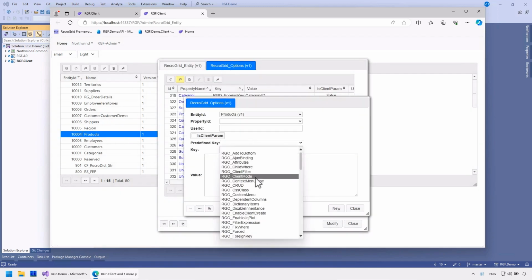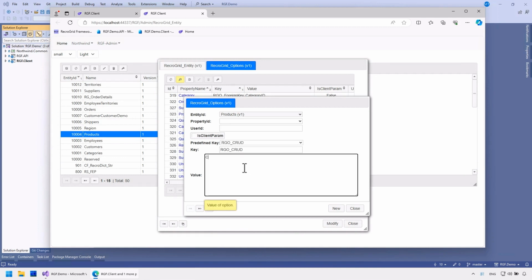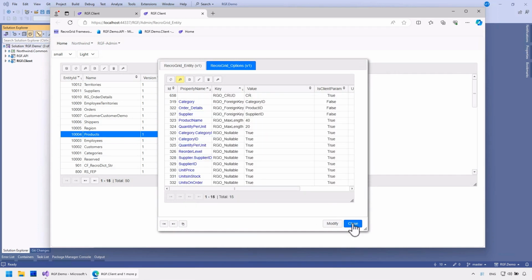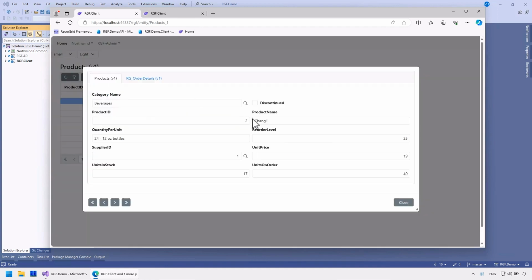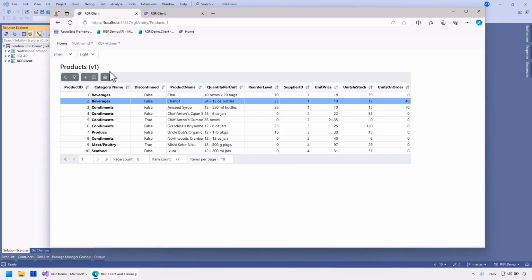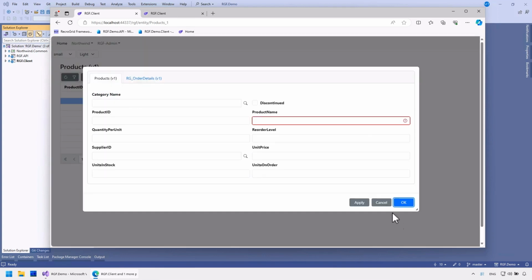By default, everything is enabled, but now I'll set it to only allow creating and reading. After refreshing the page, the toolbar buttons will change accordingly. If I open the form view, I won't be able to save the data because modification is not available. However, I can save data during creation.